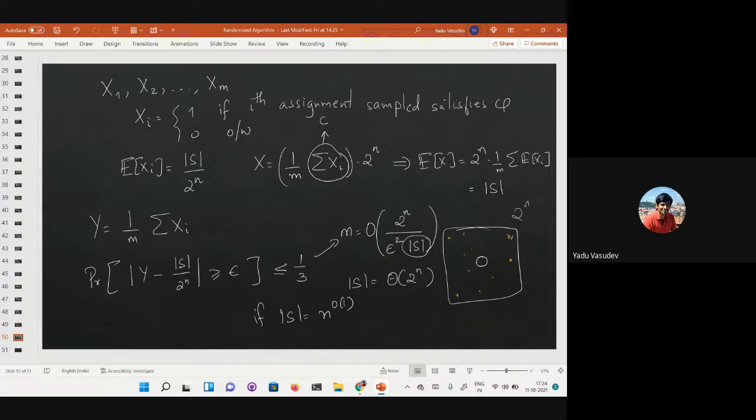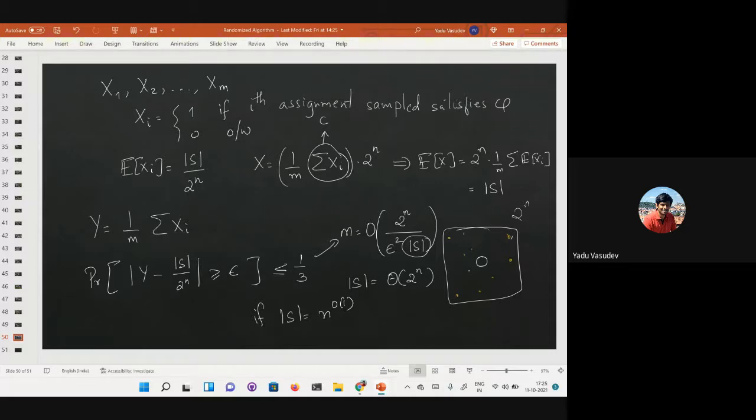So the problem is that the Monte Carlo algorithm will work very well provided you're looking at a set whose size is comparable to the universe from which you're sampling, or the probability distribution over that universe is such that there is significant weight on the set that you're trying to count. If the weight on the set that you're trying to count is very small, you're unlikely to see any element from that set when you're sampling. And then you cannot give any guarantee on what that set size is going to be.